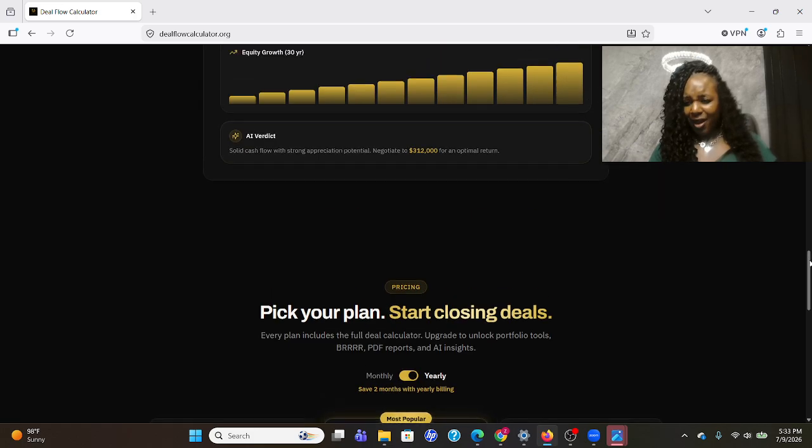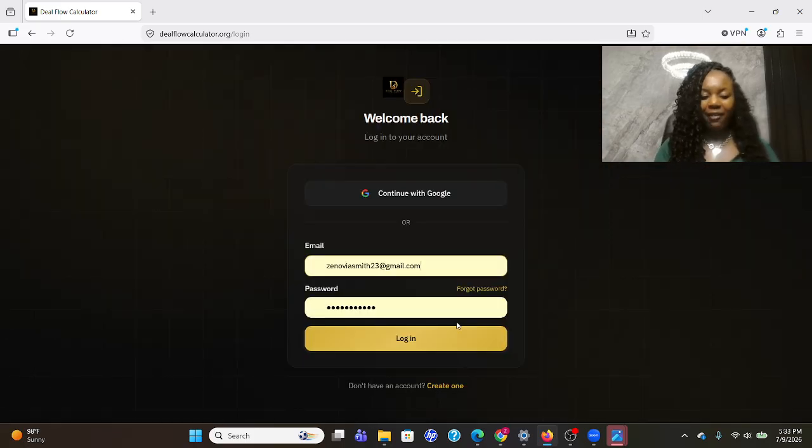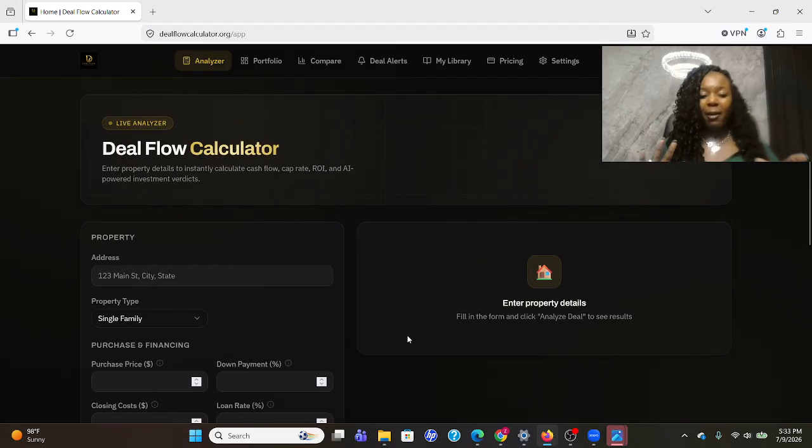So without further ado, we're going to log into this calculator. For demonstration purposes, I actually have the Pro Plus plan. So if you have any of the other two plans, your screen is going to look a little different than mine, but that DealFlow calculator is going to generate the same information as you would if you inputted your information on that free plan. So the first thing you're going to see when you log in is tabs that go